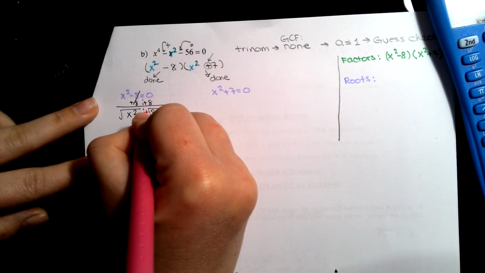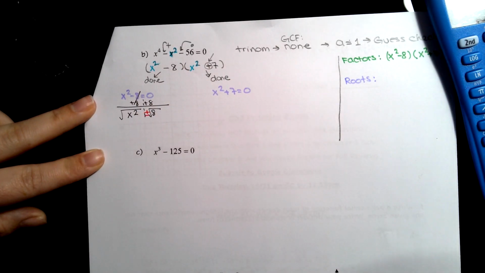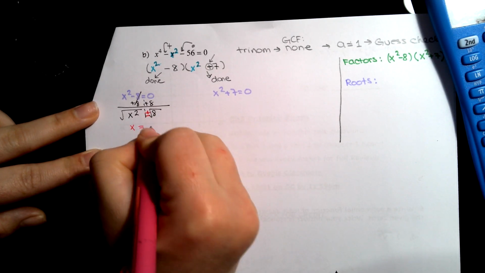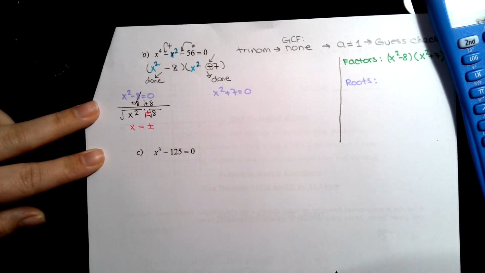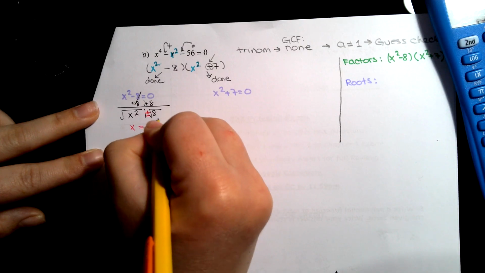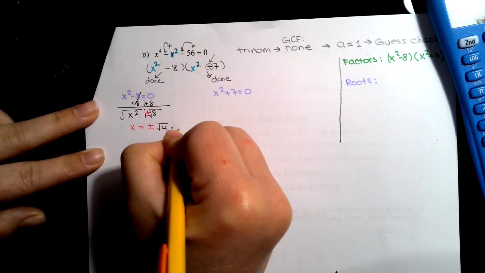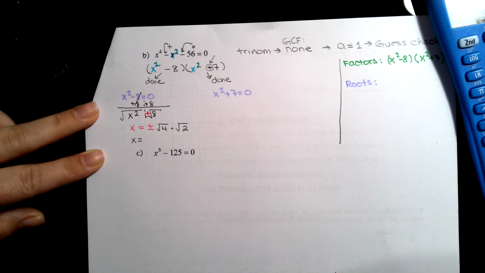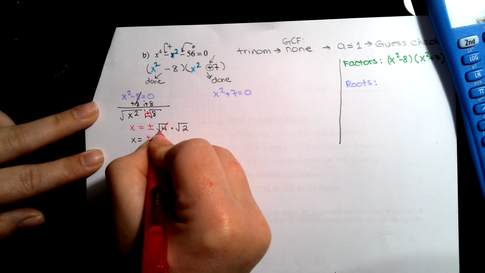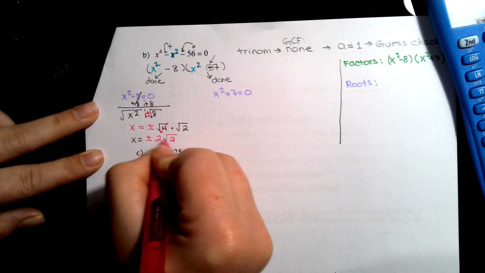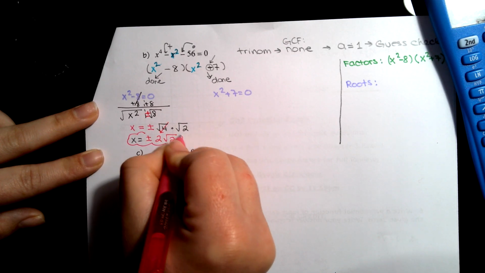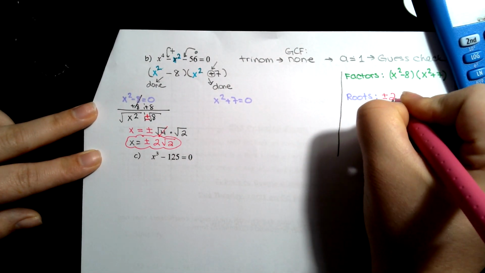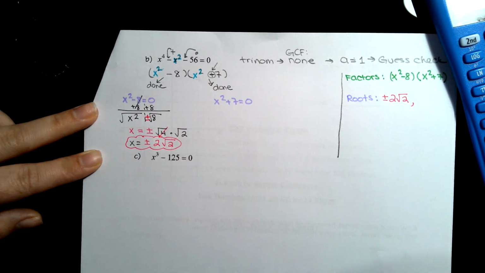Anytime you have i or a square root, you do have conjugates, so you do have pluses and minuses. x is equal to plus or minus. Now we do need to simplify our radicals, so I'm going to split 8 up into the square root of 4 times the square root of 2. So that means we have x is equal to plus or minus the square root of 4, which is 2, root 2. So that's 2 of my answers: plus or minus 2 times the square root of 2,